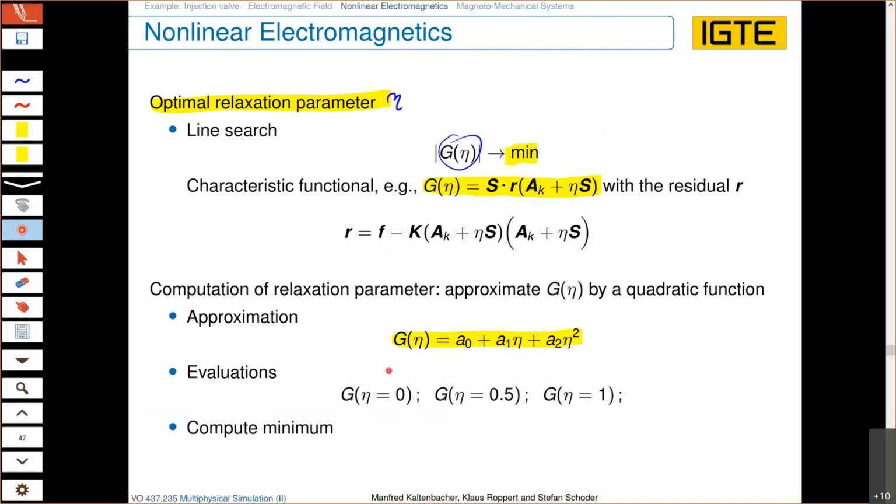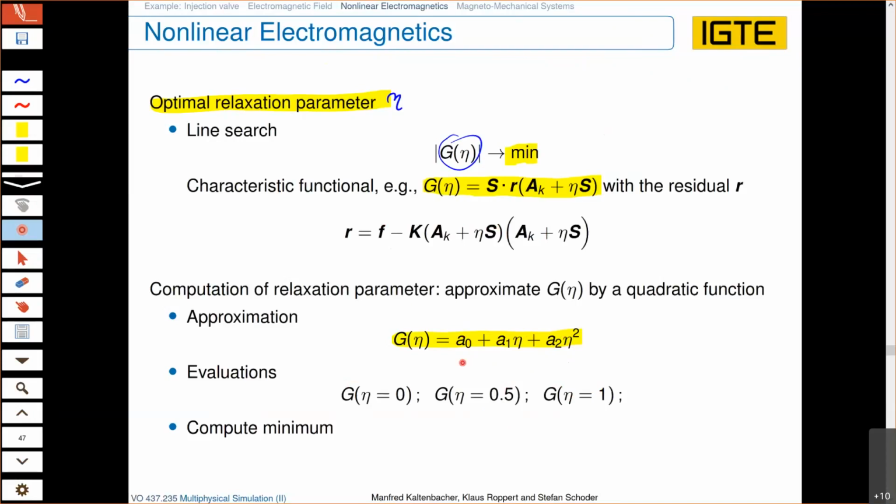We don't have to do anything new when we evaluate this for eta equals 0, because then we should get A_0, that is the solution we have obtained in the previous step. Then you have to evaluate it, let's say, in the center between eta 0 and eta 1, which is 0.5. So here we have to set up the system matrix, multiply it with the solution, and subtract it from our source term. And once we do it for eta equal 1, where we do a full step, in this sense we then have 3 evaluations of g